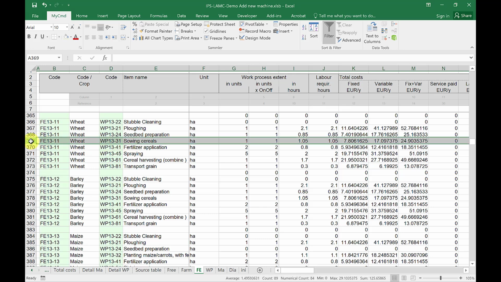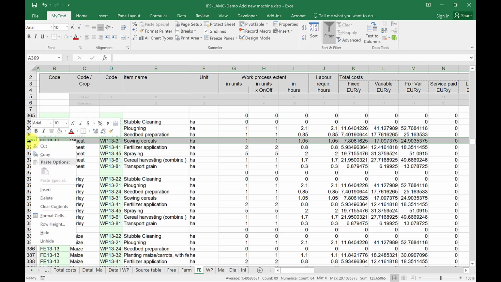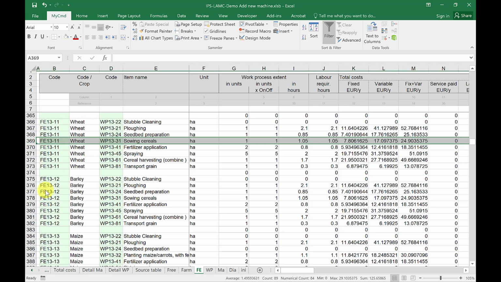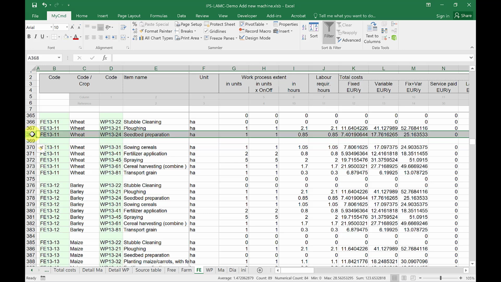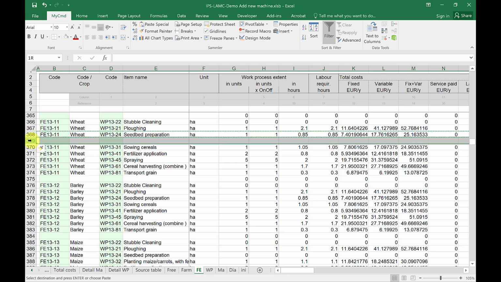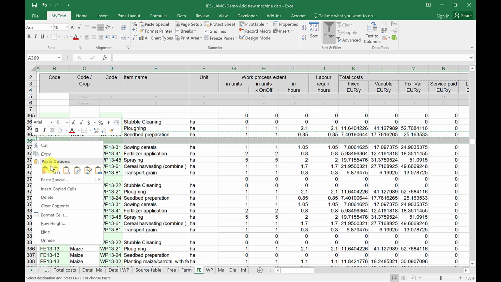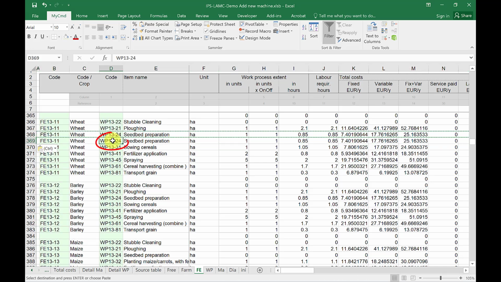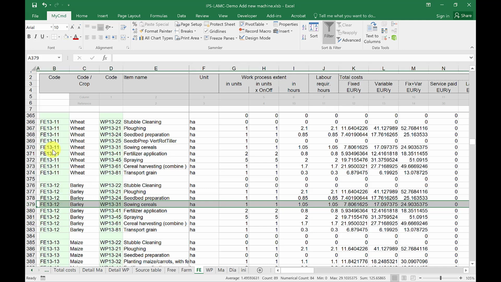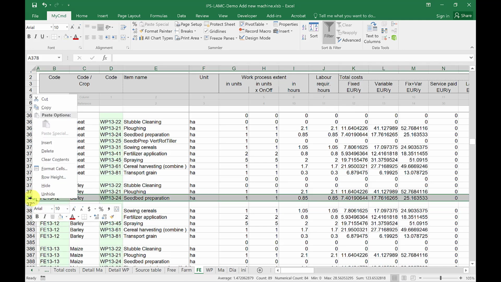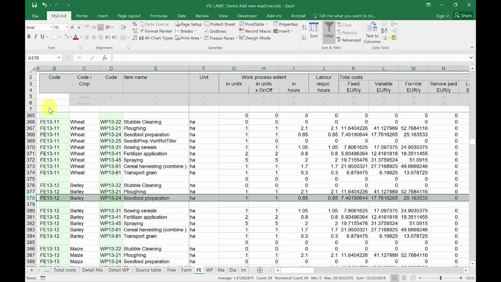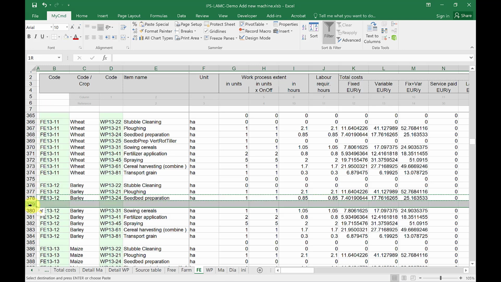So in the wheat, we insert a new line, we copy the one above down to the blank one and paste. Change the code from 24 to 25. So as you see, it's the seedbed preparation with a vertical rotary tiller. We do the same for the barley. Insert the line, copy the one above down to the new one,